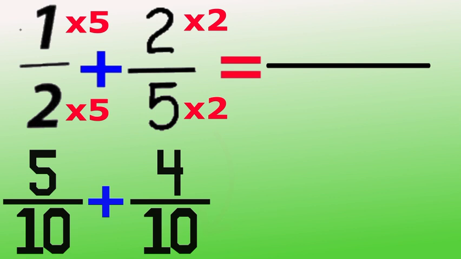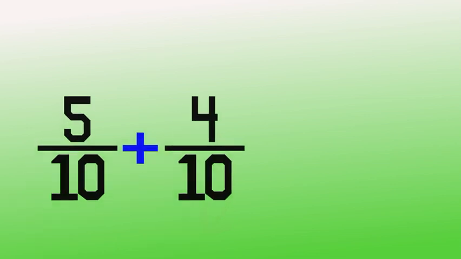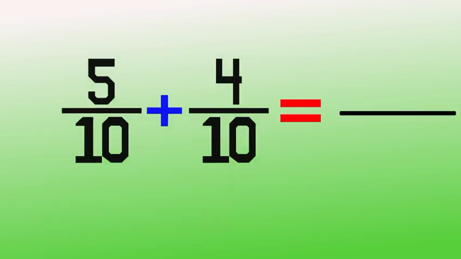Okay, now we can rewrite our whole sum as 5/10 plus 4/10. Now our fractions have the same denominator, the lowest common denominator, 10. So we have similar fractions, and hopefully you remember what to do here. You keep the denominator and just add the numerators. So we get (5 plus 4)/10, which is 9/10, and that's exactly the same answer as before when we used the other method of cross multiplication.